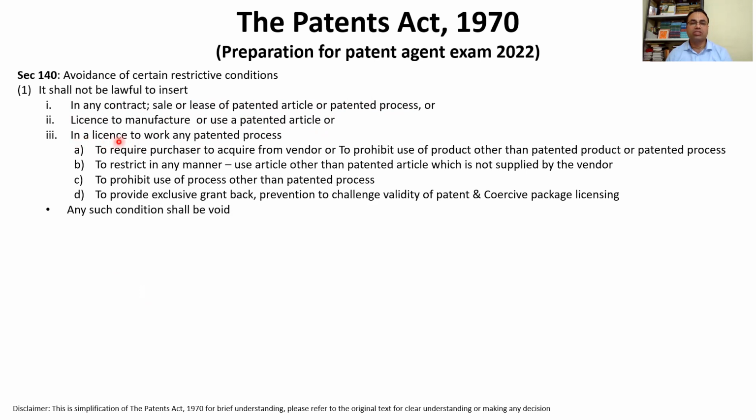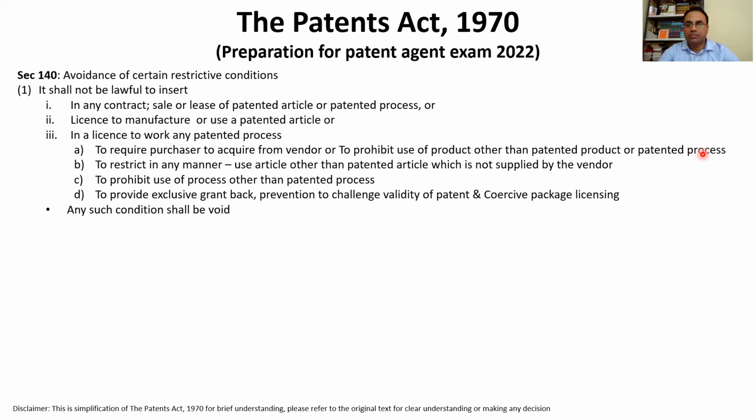Or in a license to work any patented process. A, to require the purchaser to acquire from the vendor, or to prohibit use of, a product other than the patented product or patented process. For example,